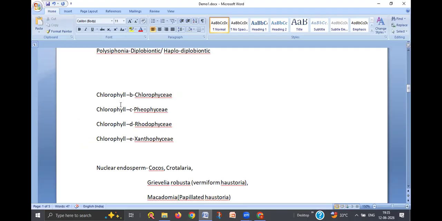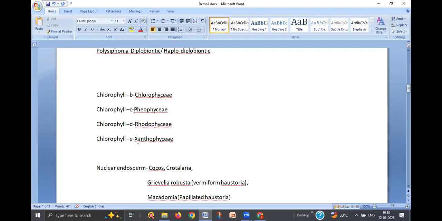Here, chlorophyll B is only present in Chlorophyceae, that is green algae, along with chlorophyll A. And in Phaeophyceae, that is brown algae, chlorophyll A and chlorophyll C both are present. And in Rhodophyceae, that is red algae, chlorophyll A and chlorophyll D are present. Chlorophyll A is common. And in Xanthophyceae, that is the yellow colored algae,